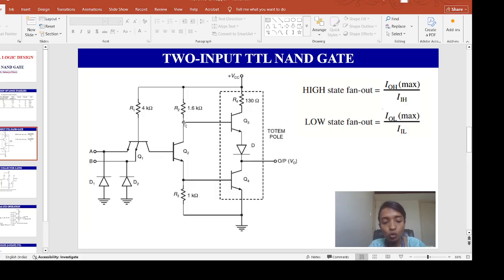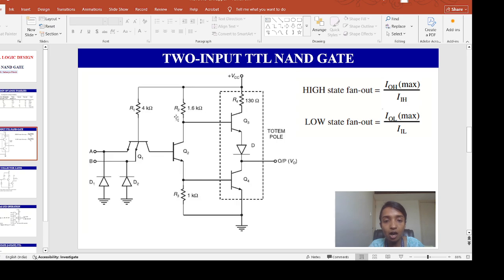Okay, 2, and what will be the VOH in that case? VOH will be, if you apply the KVL, VCC minus VR2 minus VBE3 minus VD. Okay, so that means if too many loads are being driven, the output high current will become large enough,